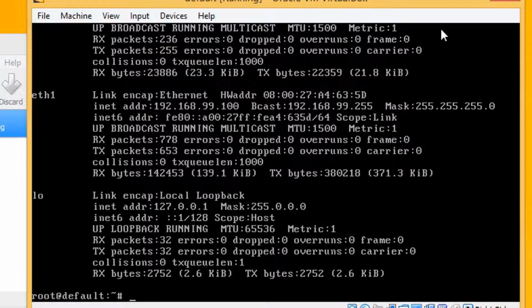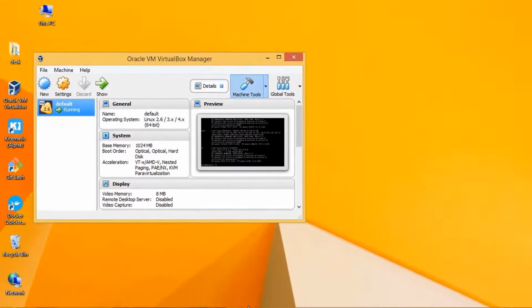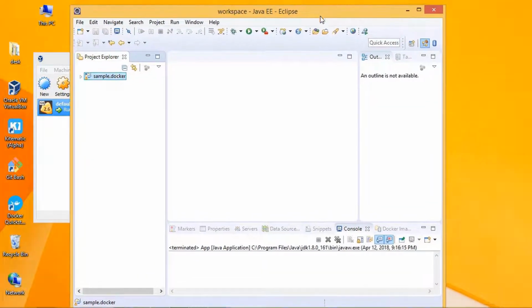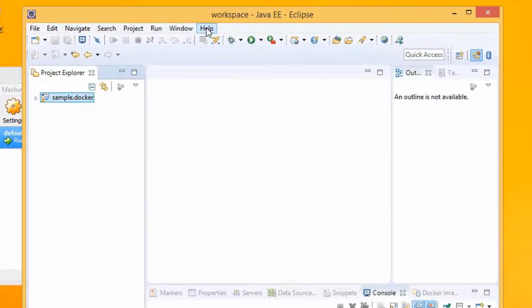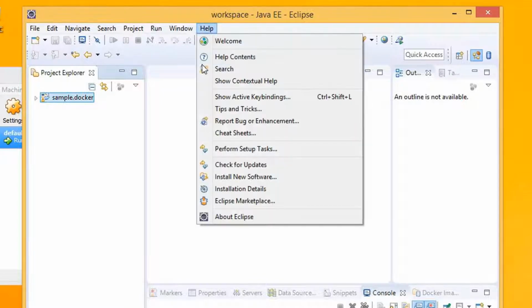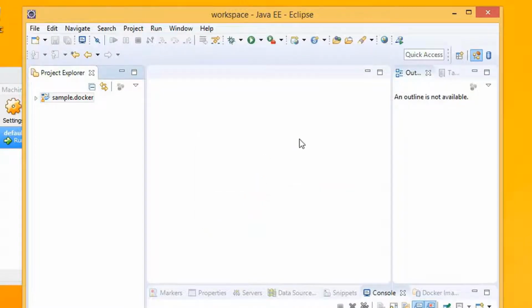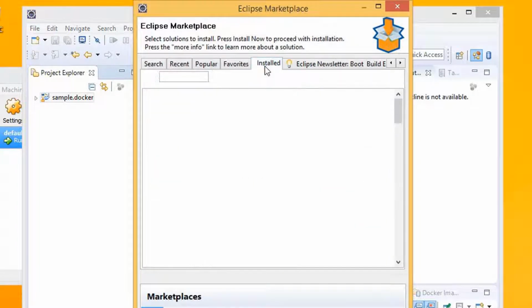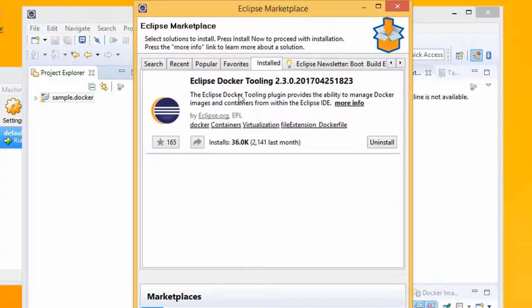Now we will focus on the next task, which is to start communicating with our Docker using a Java program. For that, we will be using an Eclipse IDE to write our application. Before we begin writing applications, we need to check and ensure that the Docker plugin is already installed. We will access the Help tab from the top navigation pane and access Eclipse Marketplace. Access the Install tab, and we will find this Eclipse Docker Tooling plugin is already installed and available for use